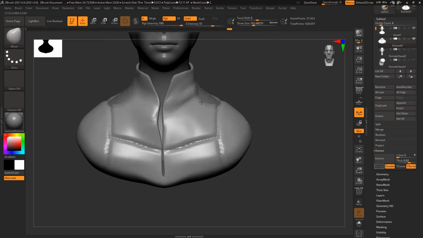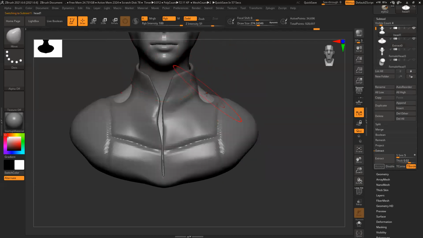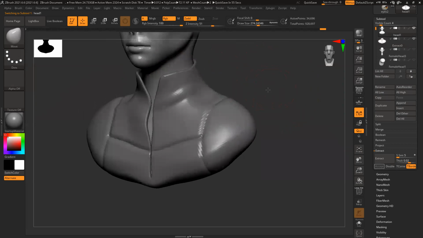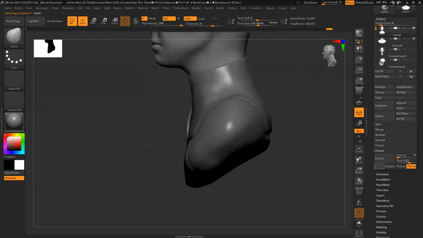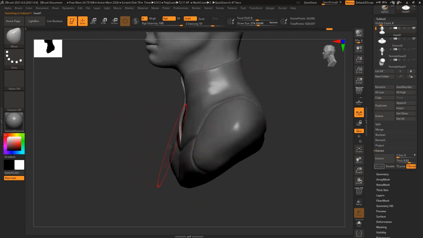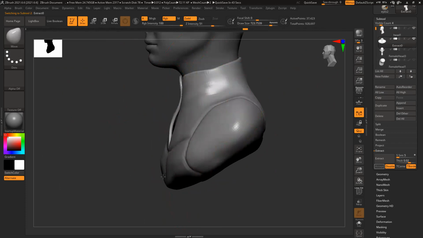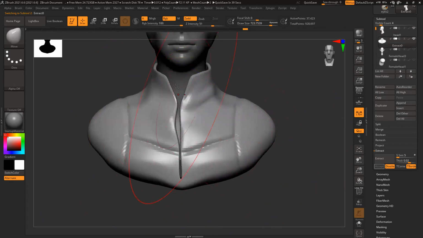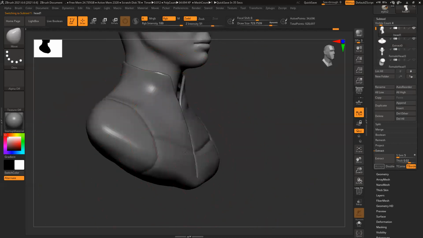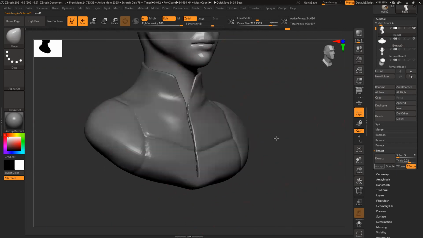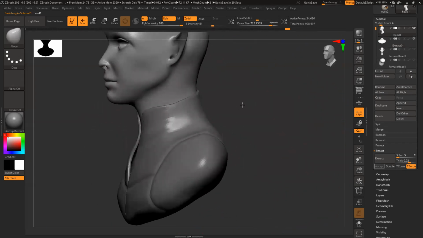Now the shape of the model. Increase the chest part, sorry, this one, volume. Fill that area.